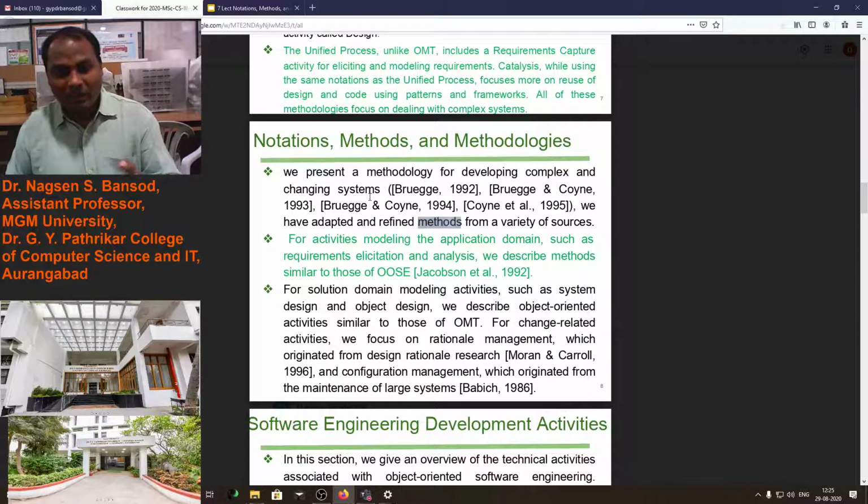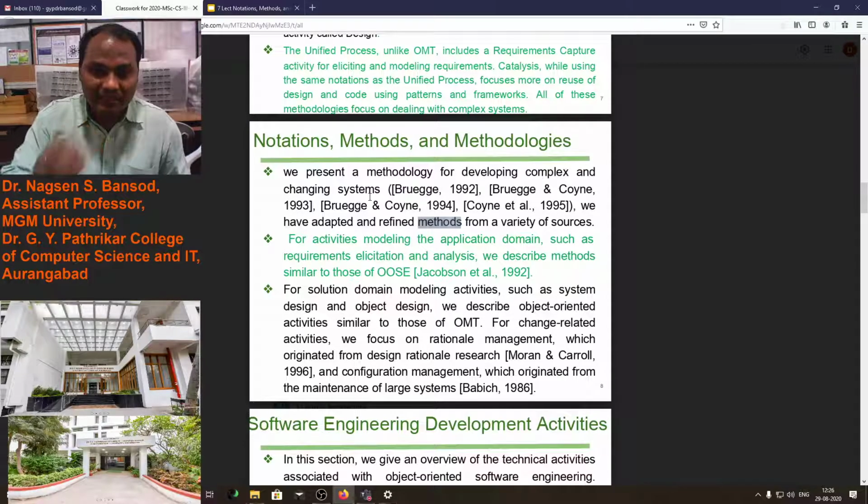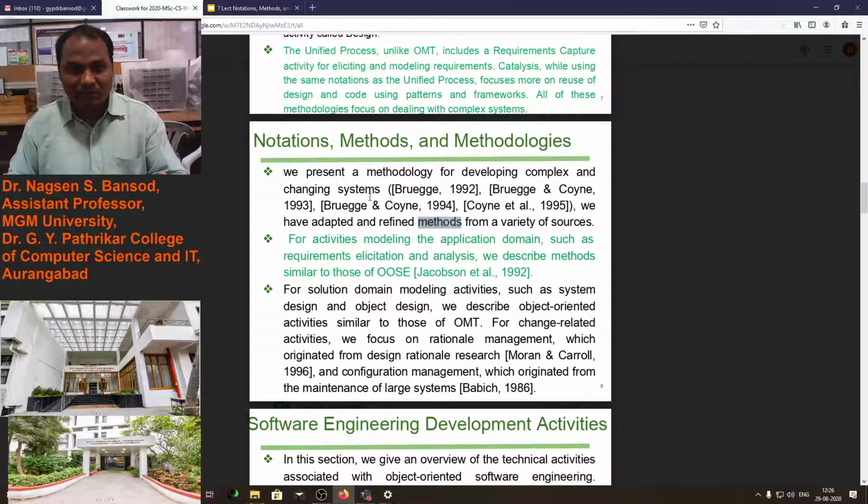Suppose I ask Padmasri to make tea, he will make it differently, and Bhakti will make it differently. Same tea, but the methods of making tea are different. So we can say that is the method. Is it clear?